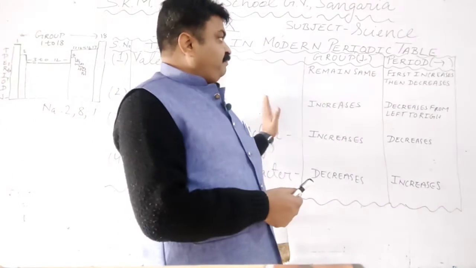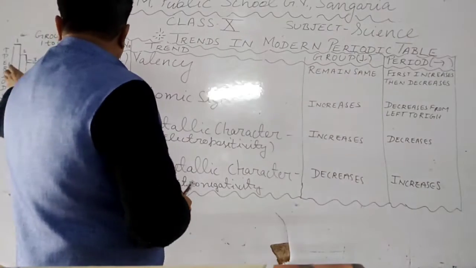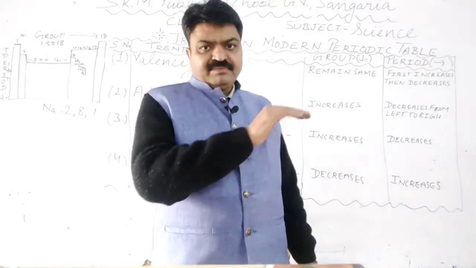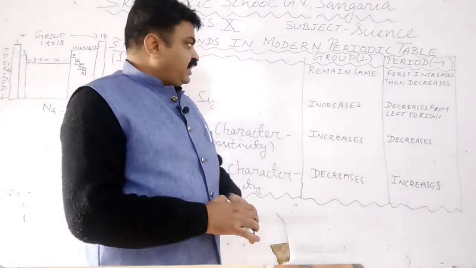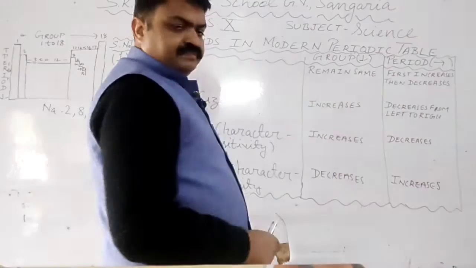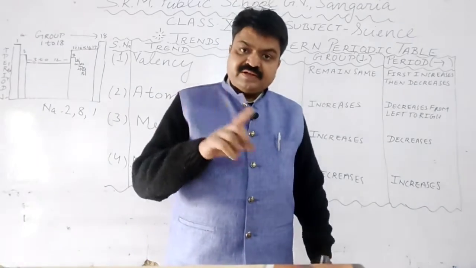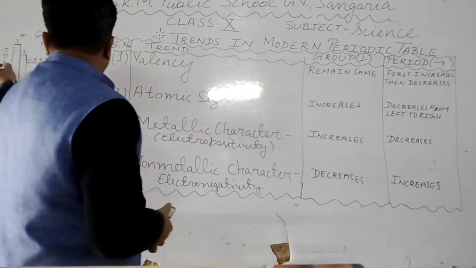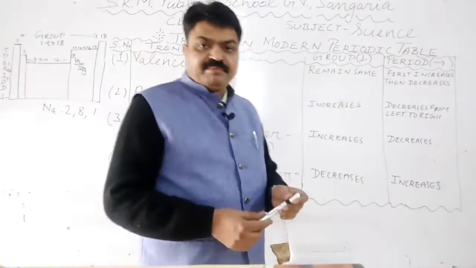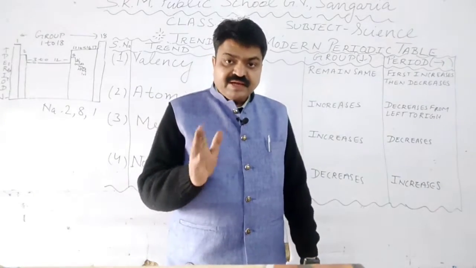Next is period, student. Now we speak about the period. There are 7 periods. If we observe the elements according to their period, their valency first increases. If we observe them like this, student, in the period, like the first period, second period, third period, fourth period, fifth period, sixth period, and seventh period, then their